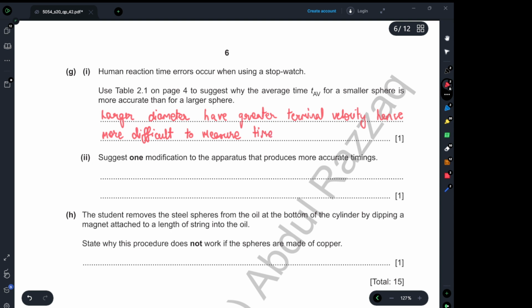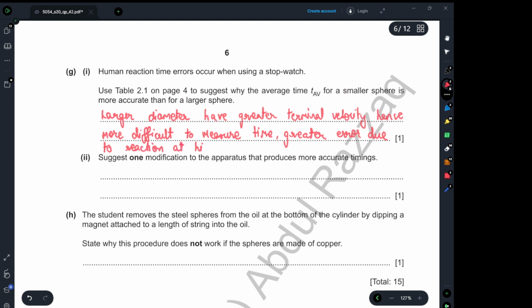Yeah, you can say greater error. You can either say more difficult or you can say greater error due to reaction time